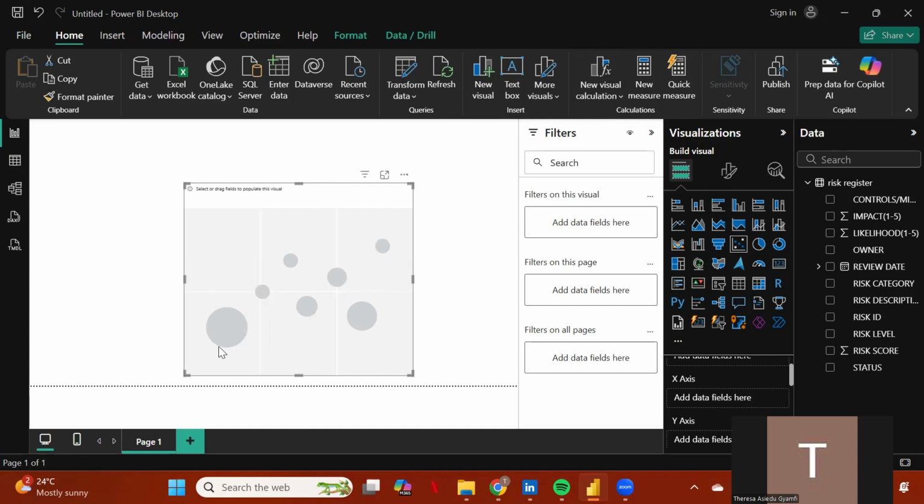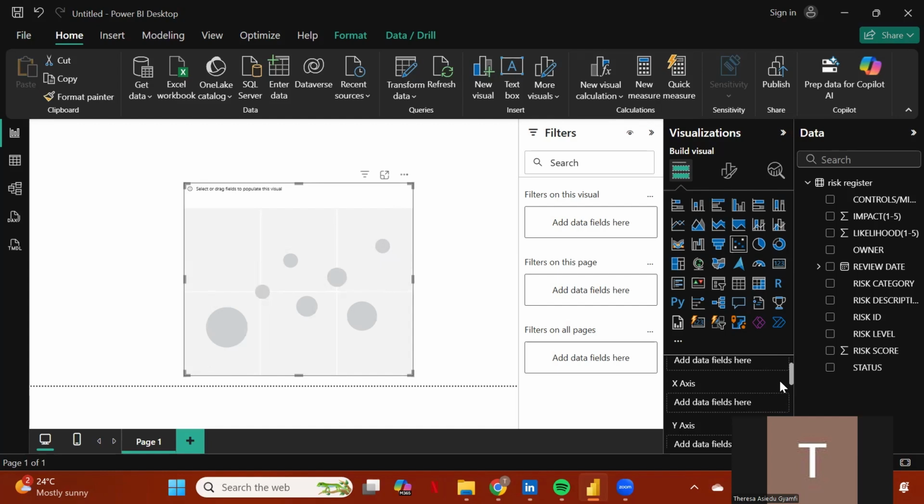But if it's in the lower left of the chart, then that means that their likelihood and impact are quite low, and they can be attended to after the risks with a high impact and high likelihood have been dealt with. Is that okay? Right. So when you look down here where my cursor is at the moment,